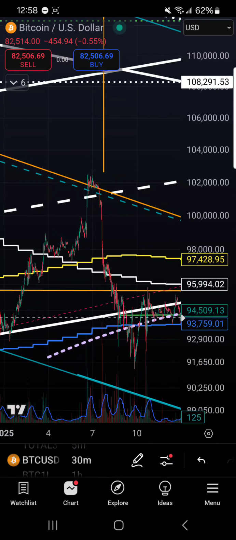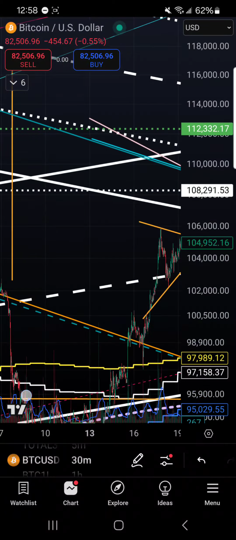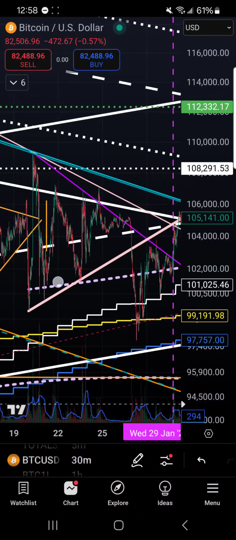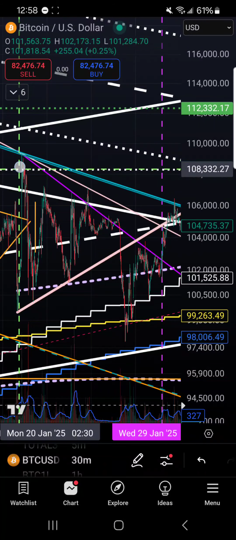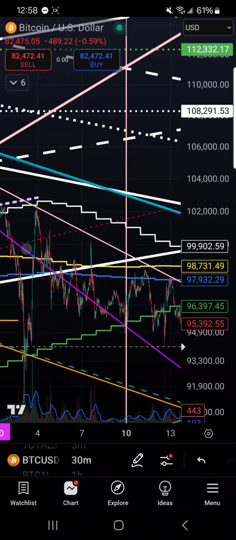But the parallel channel I drew with the top of it at the tops of